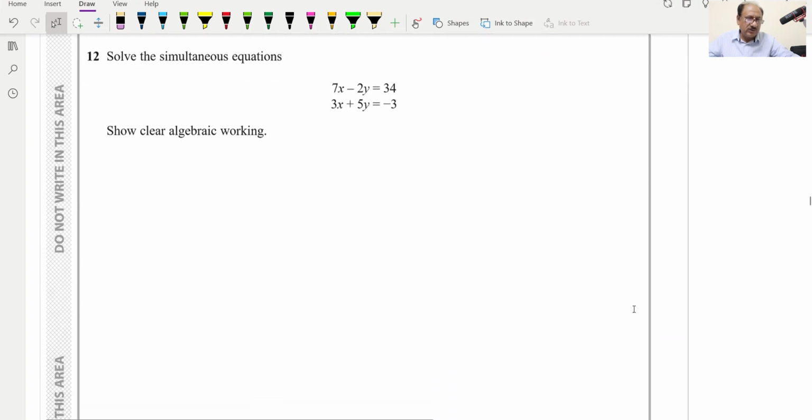Now this is question number 12, which is simultaneous equations. And the simultaneous equations question is easy. Two equations are provided, show clear algebraic working also. So first equation, to equalize the coefficients of x, basically we can multiply the first equation by 3 and the second equation by 7. So our equations will become